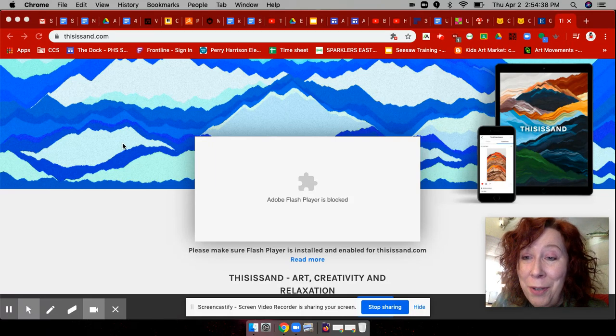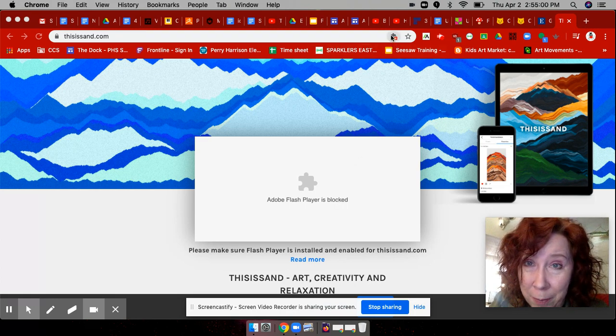Now, if this is your first time, or if this is your first time on this particular device, which it is for me, when you come here, you might have this lovely image saying Adobe Flash Player is blocked. Well, don't despair, because if you go up here, in the bar, it looks like a little puzzle piece, which is the Adobe Flash Player thing. A little puzzle piece, and it has a little red square with a little white X. It says Flash was blocked on this page. So click it,